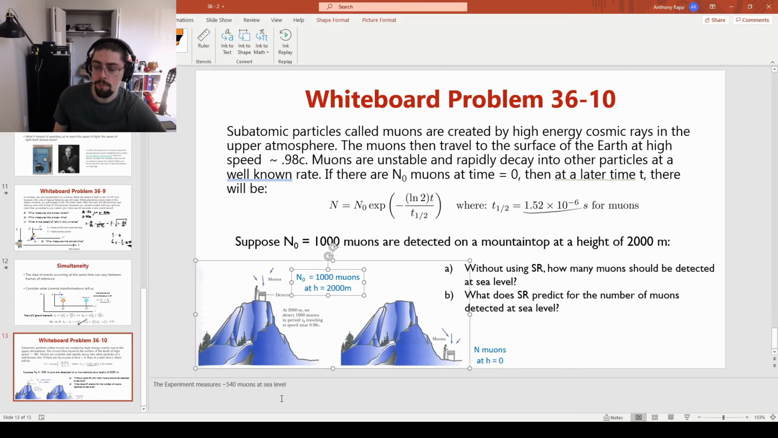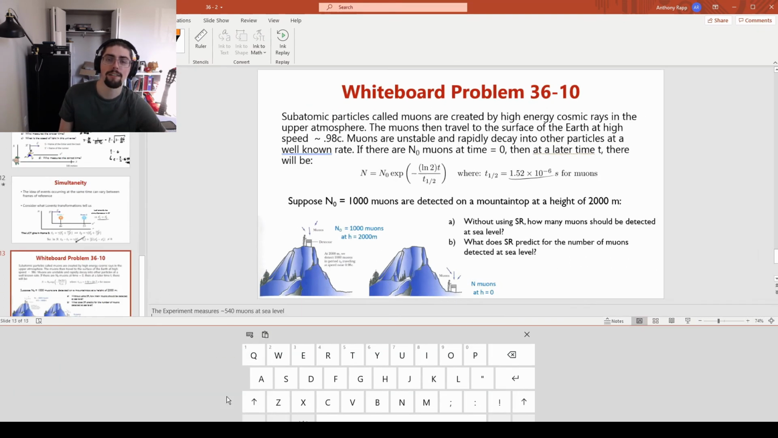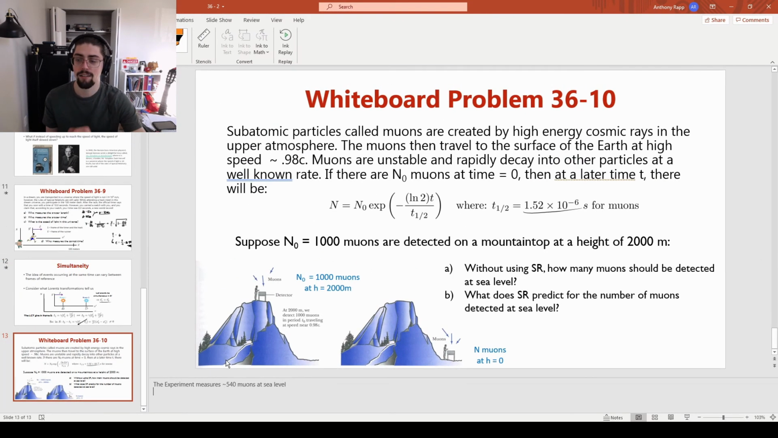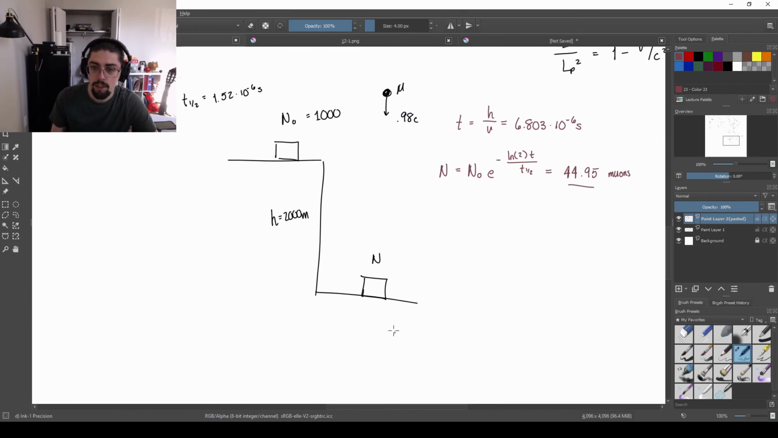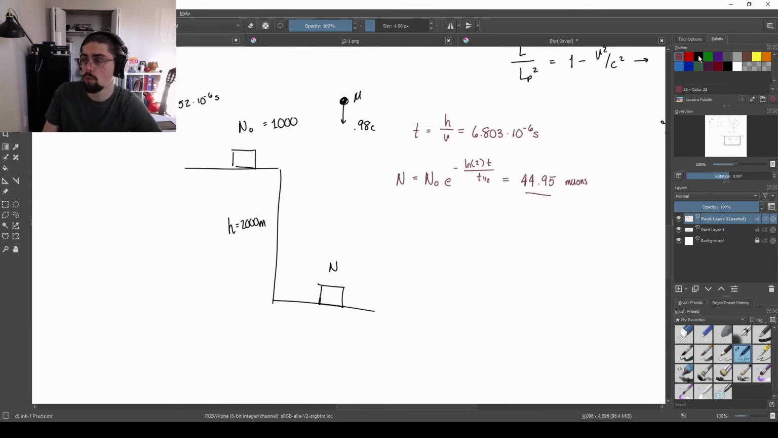But I said before, and in my notes here, that's not what we find. What we find is 540 muons. How does that compare? Well, what this actually turns out to be is that special relativity is messing with us here. Special relativity is messing with us in such a way. So let's do